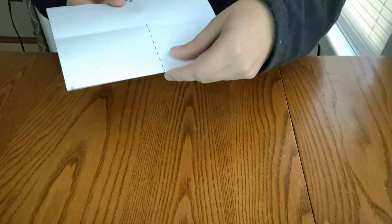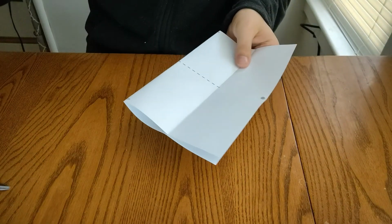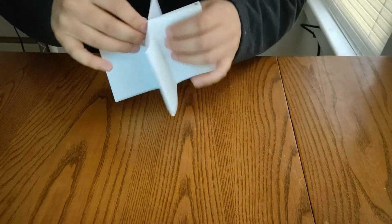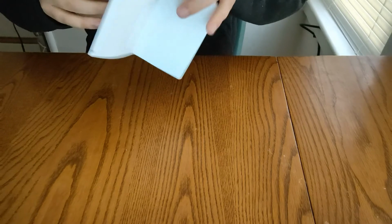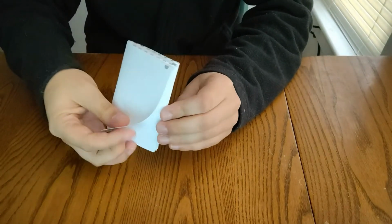Then we're going to fold it like this, so we have the dotted lines exposed, so we can see them like that. And using scissors, we're going to go ahead and cut. Now, here's the cool part. We're going to open it, so it looks like a plus mark. And it might be easier to fold these so the creases aren't in the way. And then we have our zines. So this is essentially a small 8-page booklet